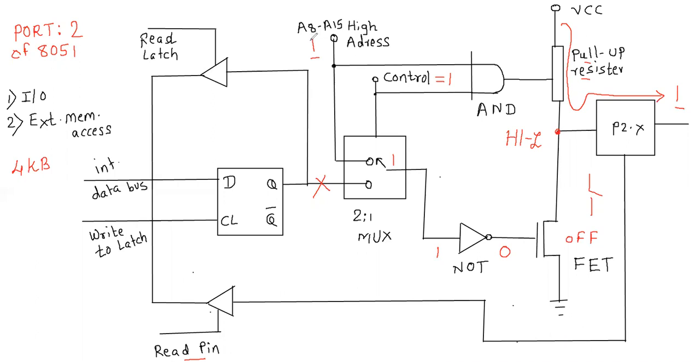So whatever address bits we are passing through these high address lines is available at the port pin. This is how port 2 is responsible for sending the unidirectional higher address at the output of the port pin. I hope the complete input output operation, as well as sending the higher address to the output devices or rather memory, is clearly understood by you.